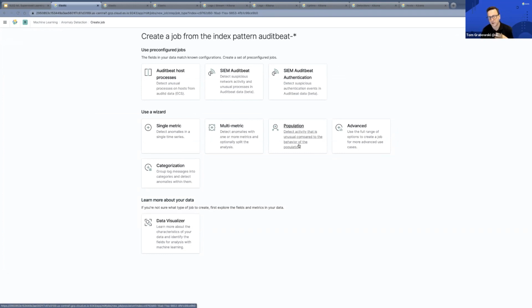If you're trying to figure out a population job, comparing a user to other users on the system, that would be a population job. You can get into categorization of log messages and everything. There are a lot of wizards that you can walk through, and we have all kinds of webinars on how to do that. But since I'm focused on the SIEM security aspect for this webinar,